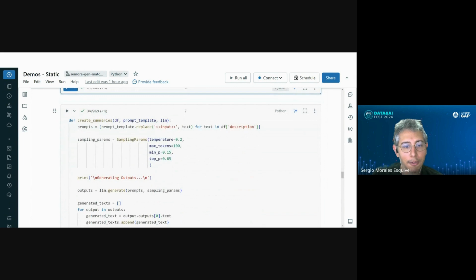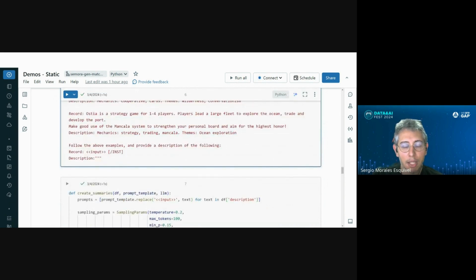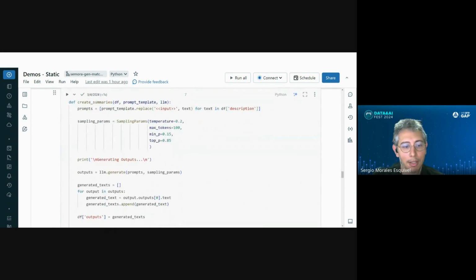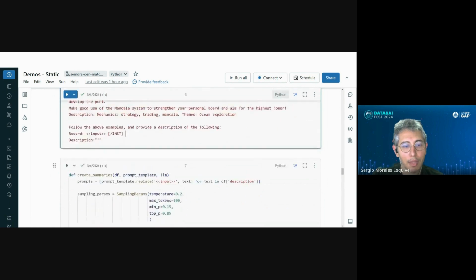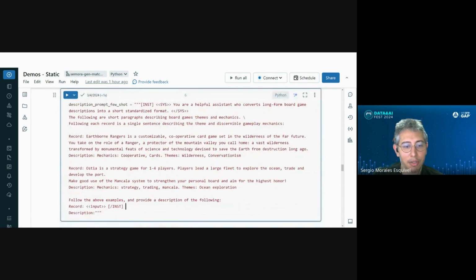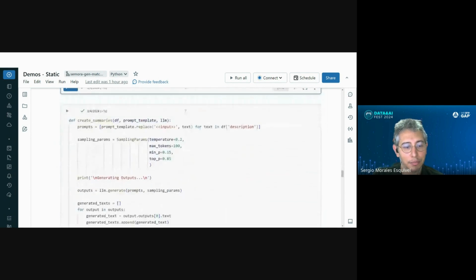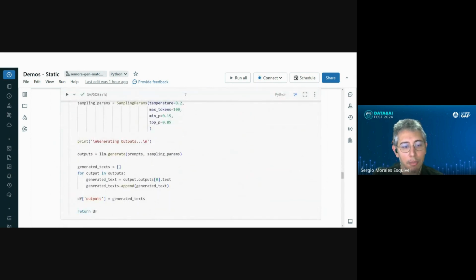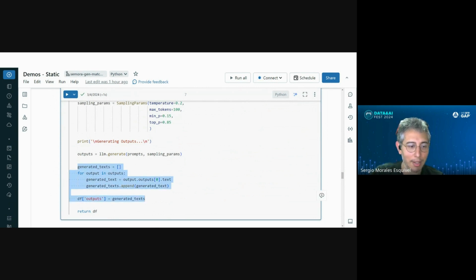And again, what I have created here is a simple function that's going to take all of the descriptions that may come from a data set, may come from a list, may come from wherever, and it's going to fit each one individually into the LLM using this whole prompt. So each of these is going to come with these two examples inside. I'm going to call generate once all of these prompts have been generated. And then I'm going to extract, again just navigating the results so that I can get the text that I actually care about. And since I am feeding it a data frame, I'm going to put all of those results into a new